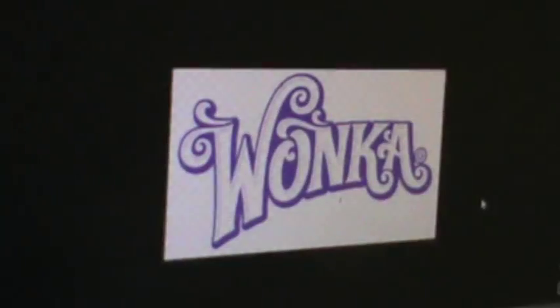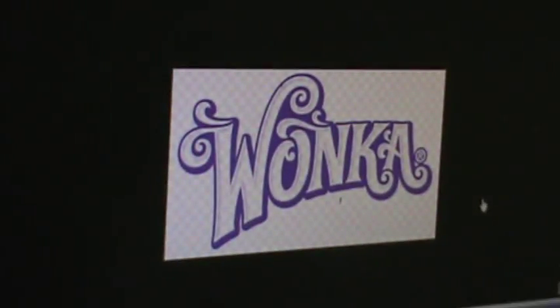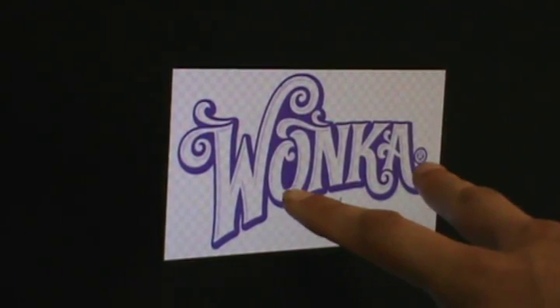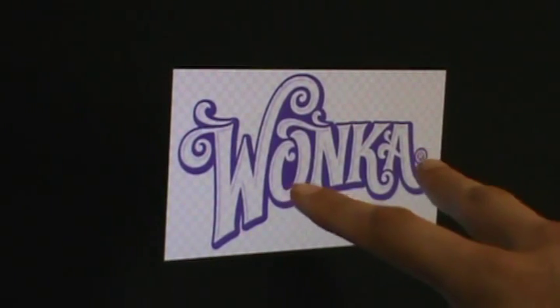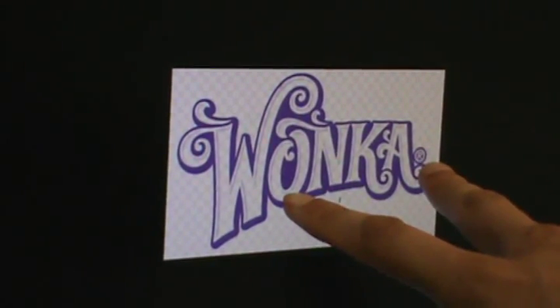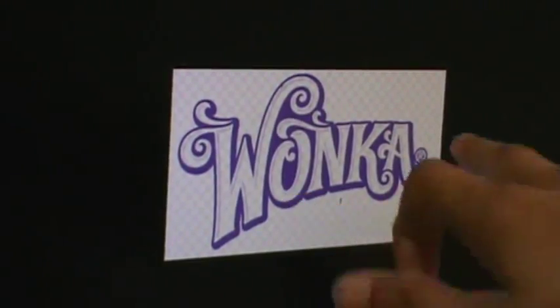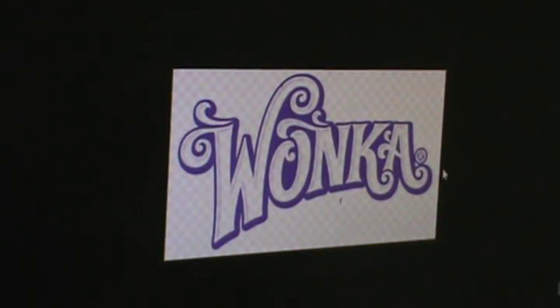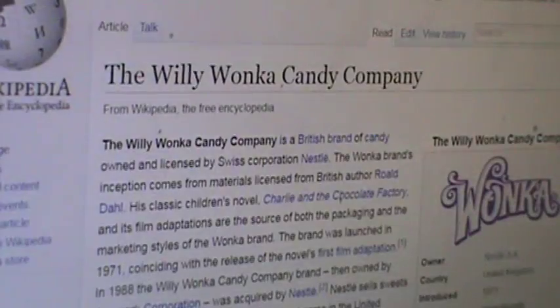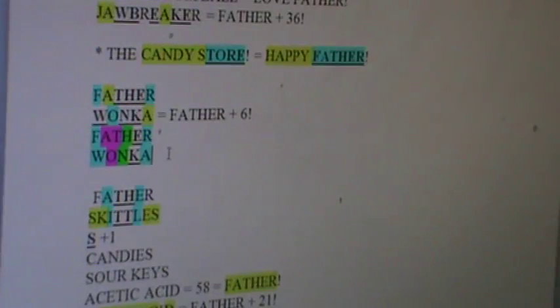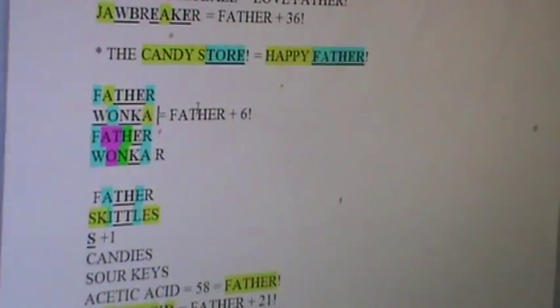This is the text, folks, that's on the packages all over the universe. And then R just adds more threes to the party, so it maintains offset. See, the R is actually perfect in this situation for Father, because the R for the copyright, now you have 2 letters that divide by 3, 6 letters in total, just like Father. It's the perfect finish on this grand piece of machinery. So allow me to add the R on the end of Wonka, and now you flawlessly have, well, I was discussing it up here actually.